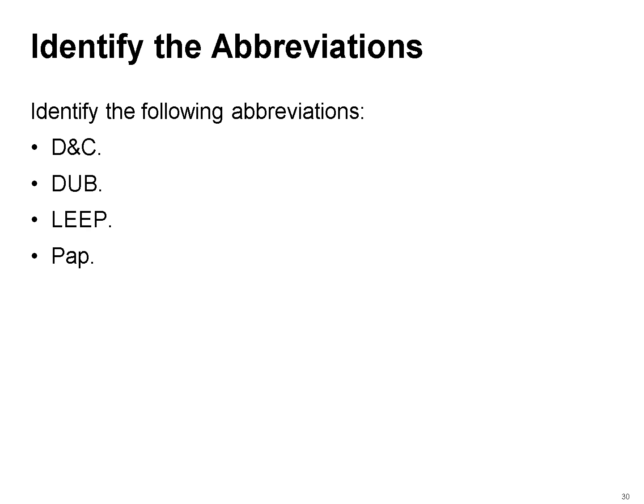LEEP is short for loop electrosurgical excision procedure, a treatment that uses a wire loop with an electrical current to remove abnormal cervical tissue. PAP refers to the Papanicolaou test, named after Dr. George Papanicolaou, a Greek-American cytologist. The PAP test is a critical tool for early detection of cervical cancer. Familiarity with these abbreviations ensures students can effectively interpret medical documentation and communicate accurately in clinical environments. Practice is key to mastering this essential skill.